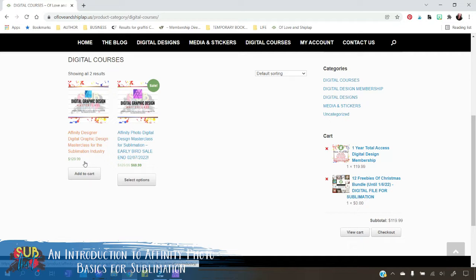Both of these digital graphic design programs are tailored to each specific software. They are perfect for beginners. They include one-on-one email support when you have questions, and they are both nearly 100 hours of video content, including immersive design challenges and chances to win prizes. There is no course out there that is as in-depth and well-built as the ones that we have put together. This has been such a labor of love, and I have enjoyed watching those who are taking the Affinity